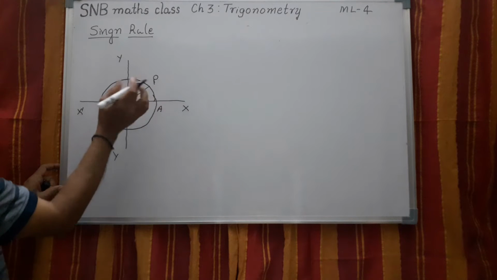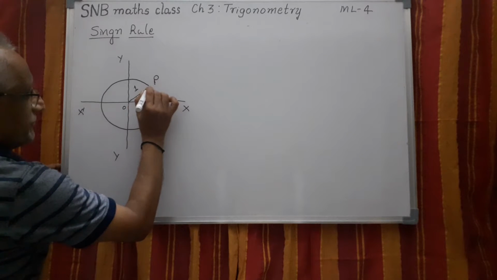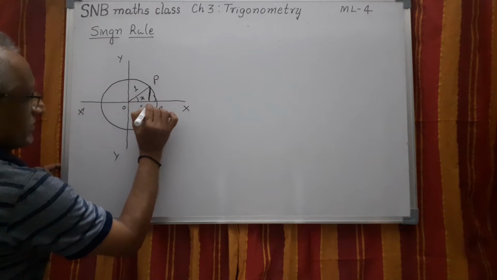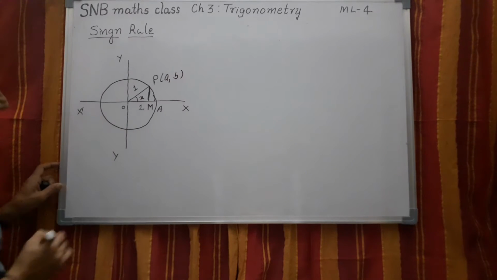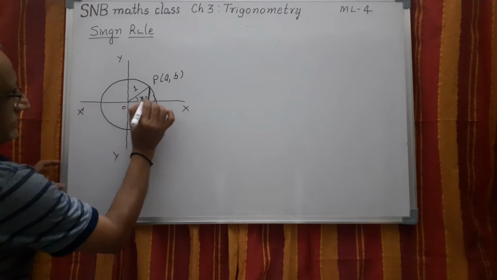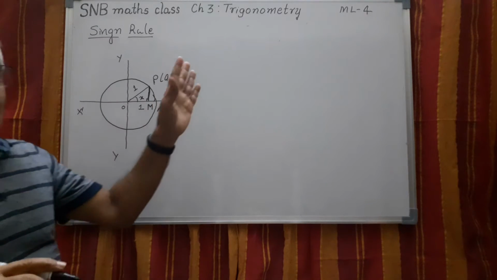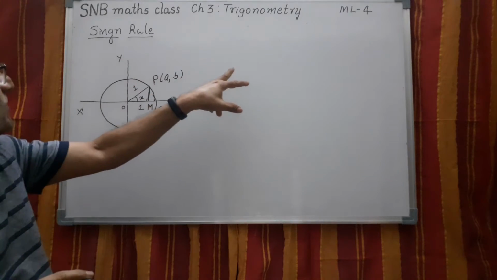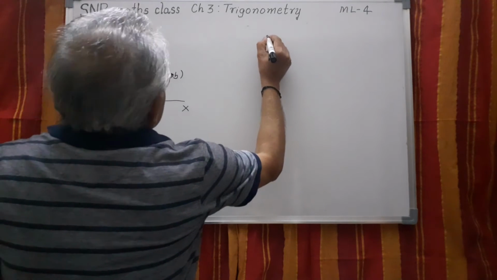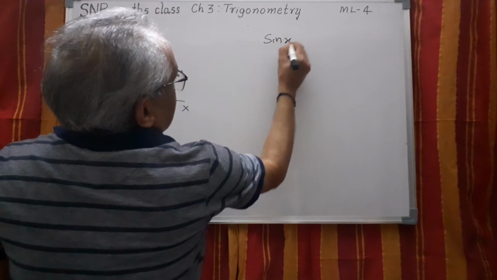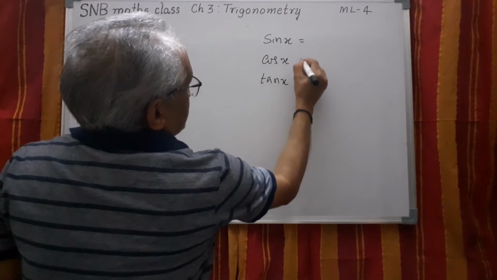So what we have done is we have taken a radius which is rotated here, making an angle say x. And then if you draw the perpendicular here, let us say this is M. This point is A and B. Now I need not discuss six ratios because if I know the sign of sine ratio, cosecant ratio is not necessary because they are one and the same. Therefore, we have to consider sin x, cos x, and tan x. Only these three ratios are sufficient.